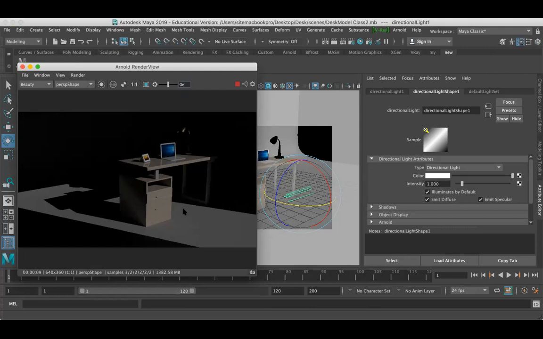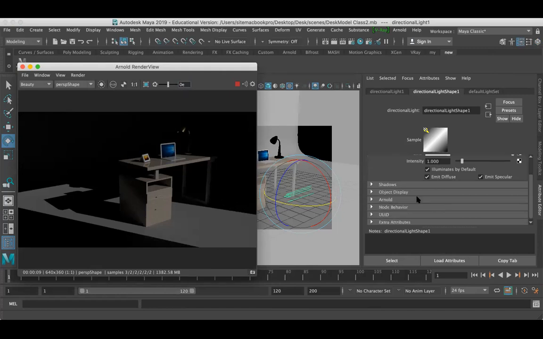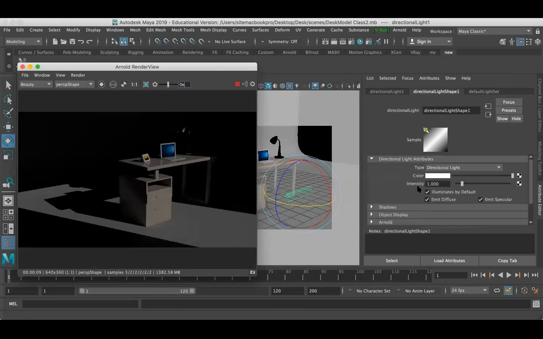For one thing, do you want night light, or do you want daylight? What kind of light do you need? In this scene, what I find is I have some kind of table lamp, right? So I want to make it something like evening light. So you have to find out what kind of color temperature we have in evening light. So here, scroll down. Make sure you are working with the directional light.